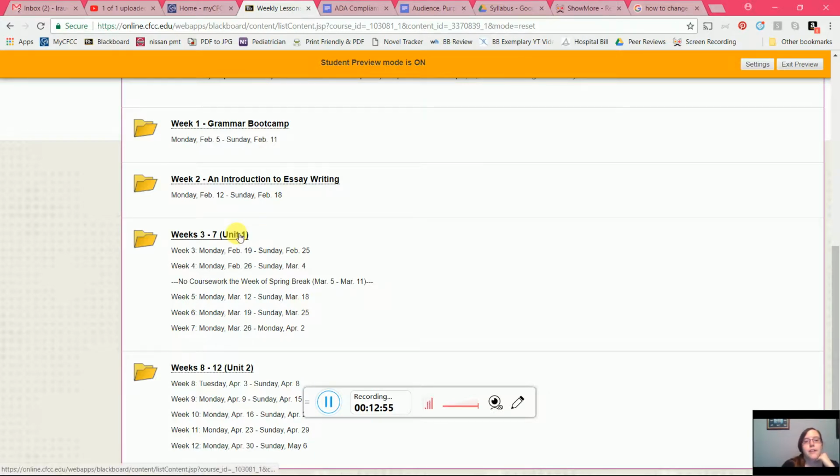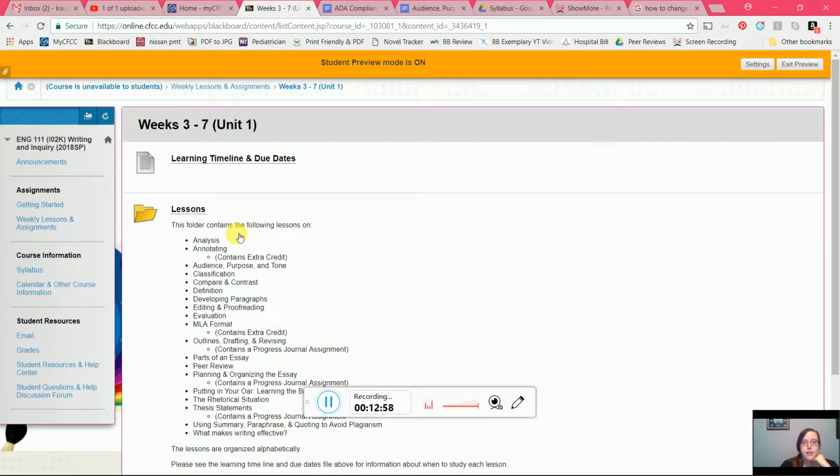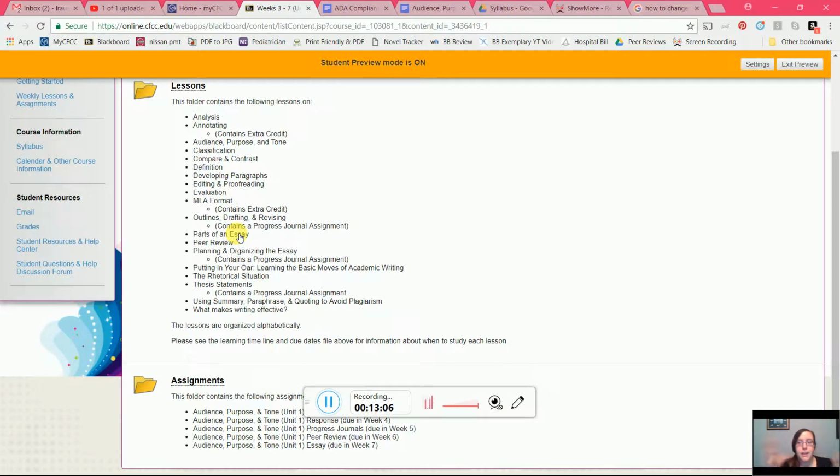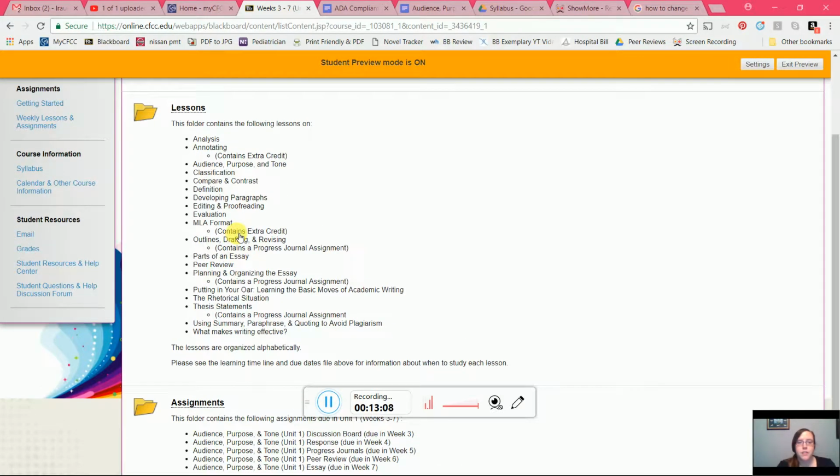So if we click into Unit 1, you're going to see 3 things. You're going to see a learning timeline and due dates, and this is true for Unit 2 as well. You're going to see the lessons, and you're going to see the assignments. Again, assignments are at the bottom of the page. I want you to learn the lessons before you do certain assignments. Now, I do not want you to learn all of these. I think there's like 18 or 19 lessons. I don't want you to learn all the lessons before you even do one assignment,